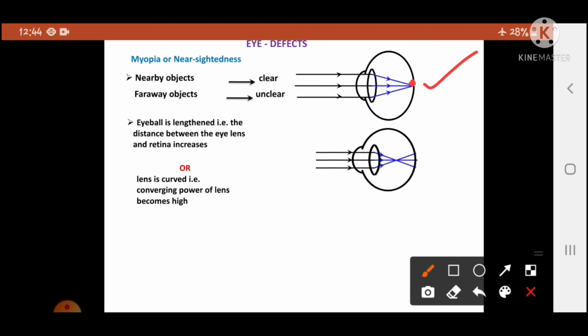बट अगर आप सेकेंड इमेज में देखिए, सेकेंड इमेज में आपको क्या दिख रहा है कि कन्वर्जिंग हो रहा है, लेकिन पॉइंट कहाँ पे बन रहा है, देखिए यहाँ पे पॉइंट बन रहा है ना। फर्स्ट फिगर में पॉइंट बराबर रेटिना के ऊपर बन रहा था, सेकेंड फिगर में पॉइंट रेटिना के पहले बन रहा है, मतलब इमेज यहाँ पे ही फॉर्म हो जाएगा, जबकि फर्स्ट फिगर में रेटिना के ऊपर फॉर्म हो रहा था, और यहाँ पे इमेज रेटिना के पहले फॉर्म हो रहा है। So because of that the near object is clear and far object is not clear, ये रीज़न है।